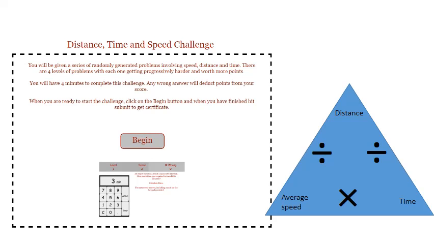Okay, the purpose of this activity, this skill builder, is to help you to remember the equation for average speed. Remember, average speed equals distance divided by time. So that's one of the goals, is to get you familiar with that equation and really have you committed to memory. The best way to memorize it is actually to write it down as the triangle that I show you here,